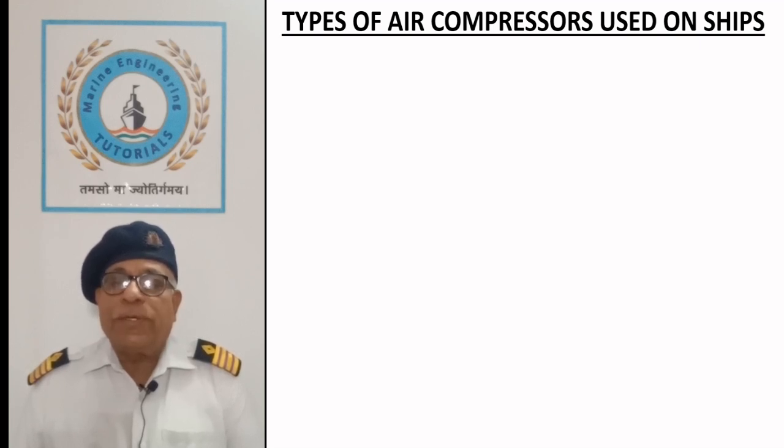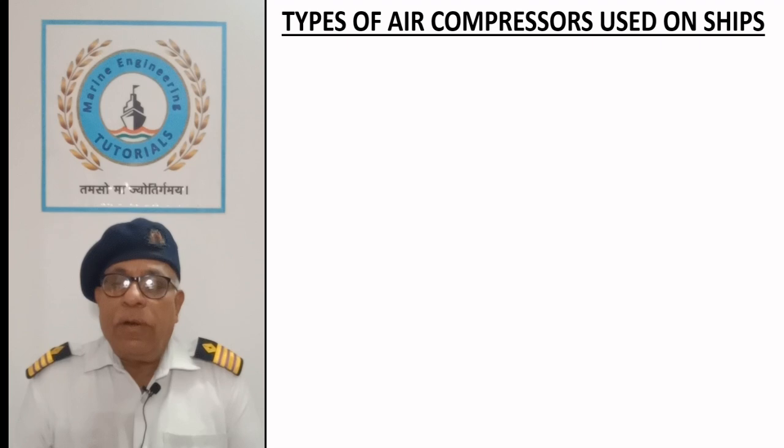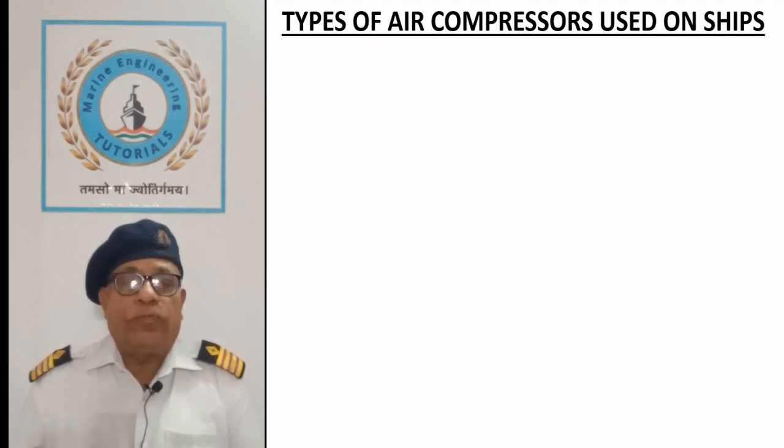Positive displacement compressors work by forcing the air in a chamber whose volume is decreased to compress the air. Once the maximum pressure is reached, a port or valve opens and the air is discharged to the outlet from the compression chamber. Common types of positive displacement compressors include